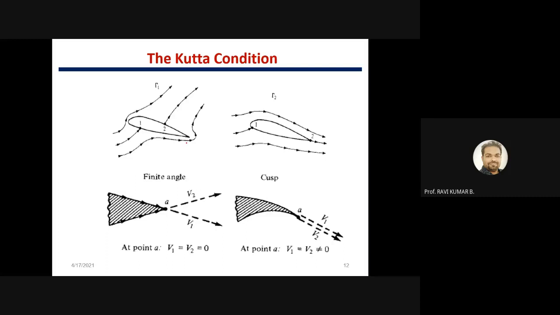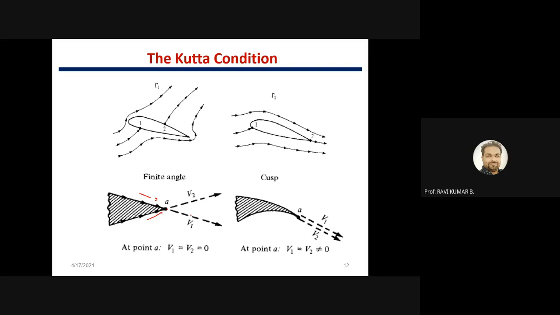So in this case, this point will be a stagnation point. Flow will be coming from here and from this side, and they will be meeting at this single point. So here velocity will become zero. At point A, the velocity will not have any magnitude, and beyond this there will not be any velocity, which is also not correct. In that case, even though the Kutta condition is satisfied, this will create a larger negative pressure at the trailing